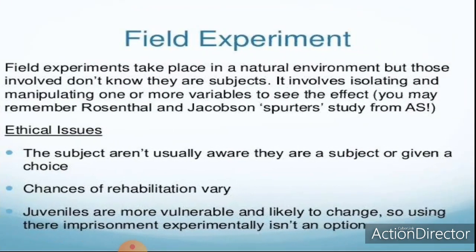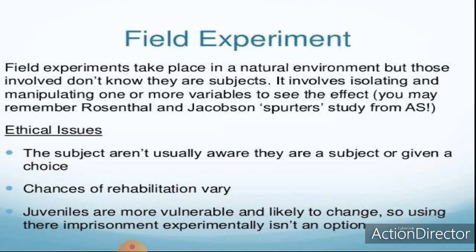Now, the next type of experiment is the field experiment. This is an experiment conducted in a real life situation in which the experimenter manipulates an independent variable in order to test a hypothesis. A field experiment is suitable for testing theory and building solutions for particular social problems. The main difference between a field experiment and a lab experiment is that a field experiment is conducted in a real life situation, but a lab experiment is conducted in an artificial situation. So, both are important types of experiment.